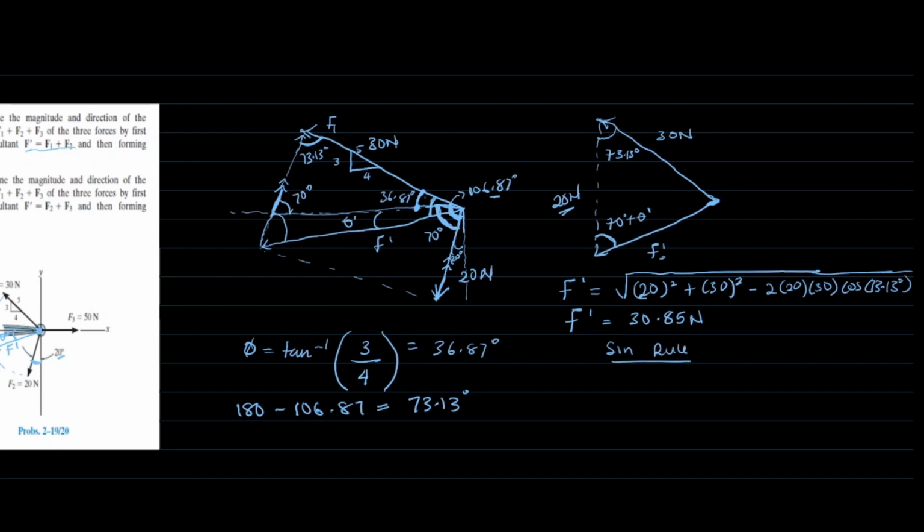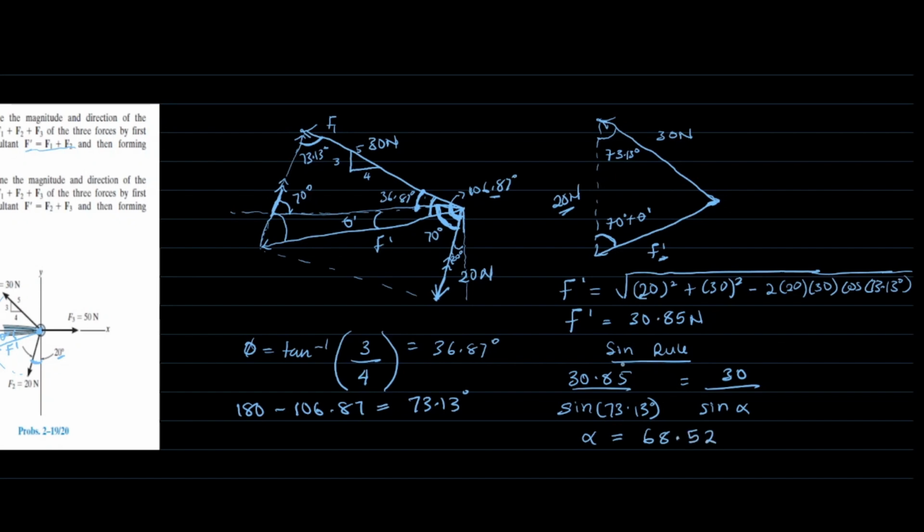We simply have 30.85, which is now F bar, over the sine of our known angle 70.13 degrees equals 30 over sine of 70 plus theta bar. Now to simplify things for ourselves, I'm going to make this alpha. I'm simply going to equate this to alpha. If you make alpha the subject of the formula, you're going to get that alpha is equal to